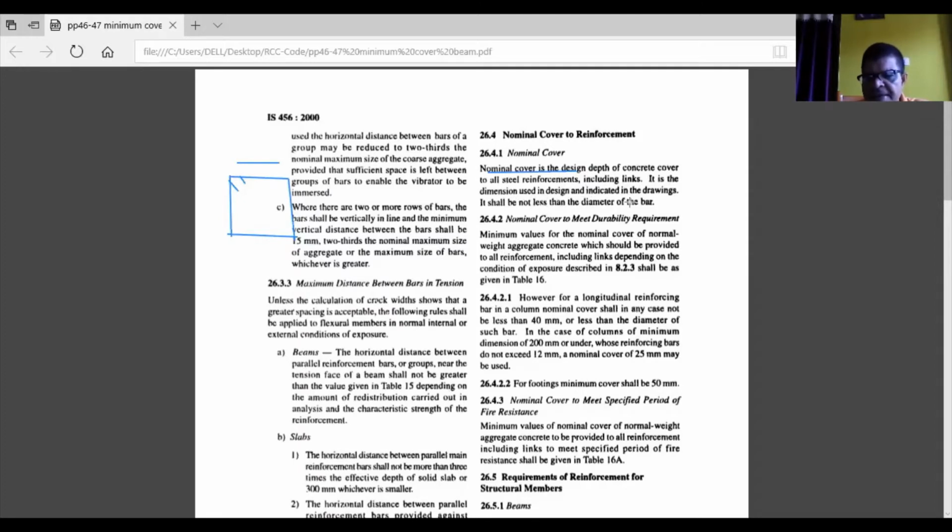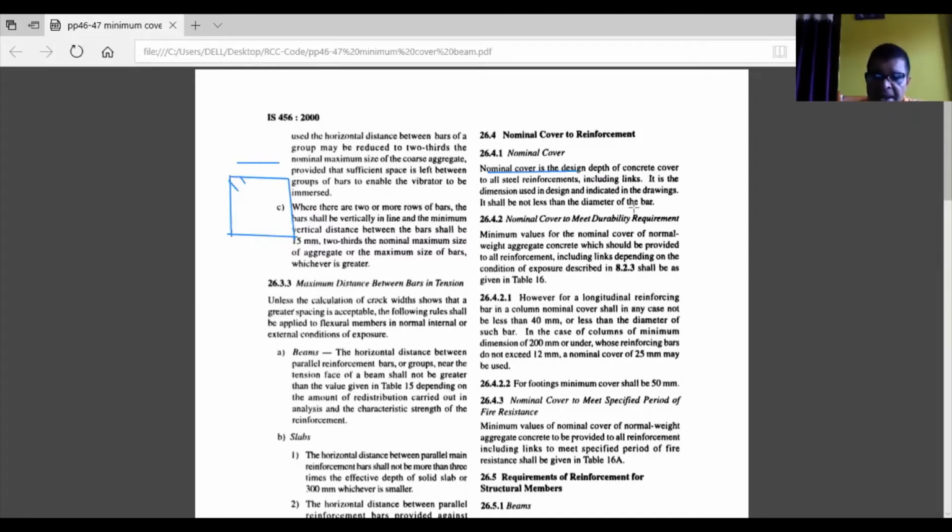So this dimension is indicated in drawings. Generally in any field drawings, you will find the cover to reinforcement in beams, slabs, footings and columns as 25 millimeter, 15 millimeter, 50 millimeter and 40 millimeter respectively. So the values will be written. What is the cover to reinforcement?